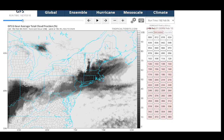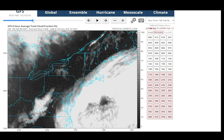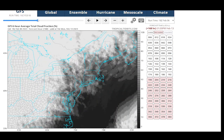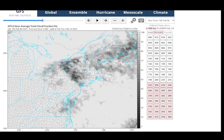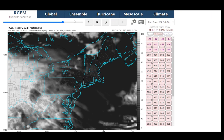Friday, it looks like it's showing very little cloud cover. There'll probably be some high cloud cover. And then Saturday, we'll be dealing with cloud cover, and then Sunday, we'll be dealing with cloud cover because of that front and that system that could form along. Originally, Sunday was supposed to be a clear day. Now, no, we won't have another clear day because by the time that moves out, more clouds roll back in again because of the damn zonal pattern we're in. They continue to be in. It's a really crappy pattern. I don't really run this that far out. So let's go look at the RGEM, which is a somewhat better model to use for cloud cover than that